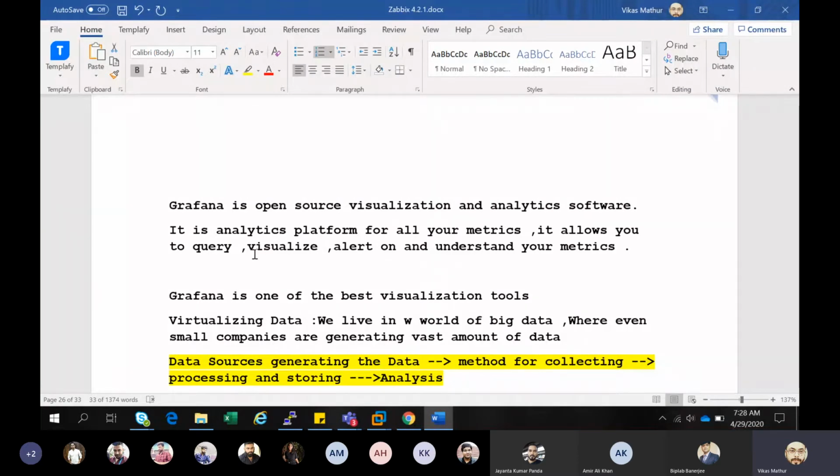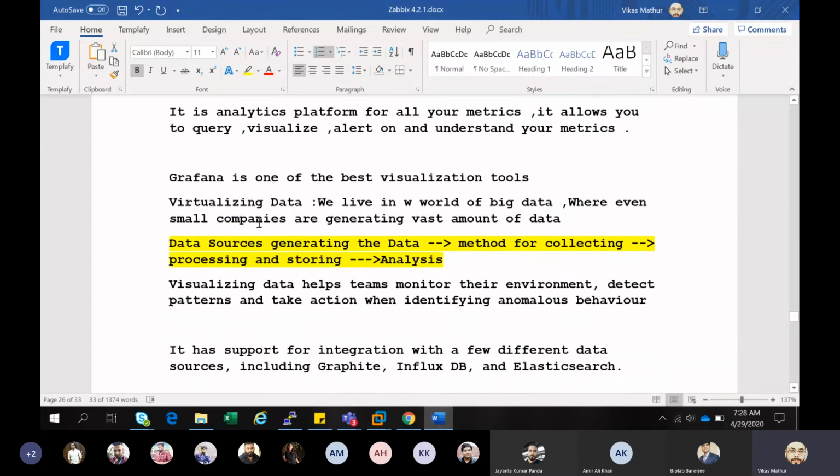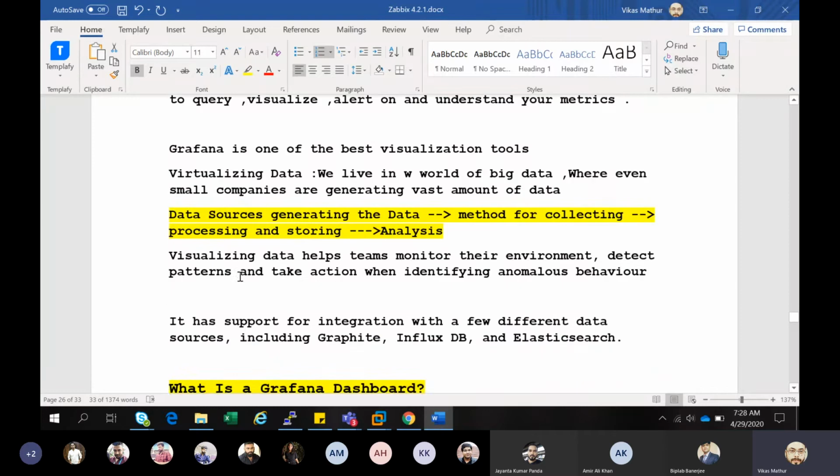After taking those metrics, it will show them in the form of graphs. Data source, gathering the data, method of collecting, processing, storing and analysis are the four things it does in Grafana.